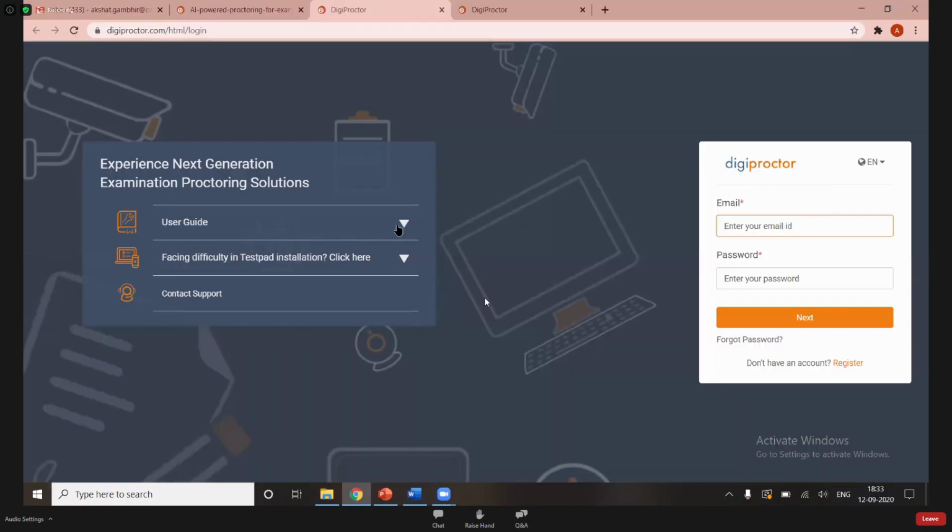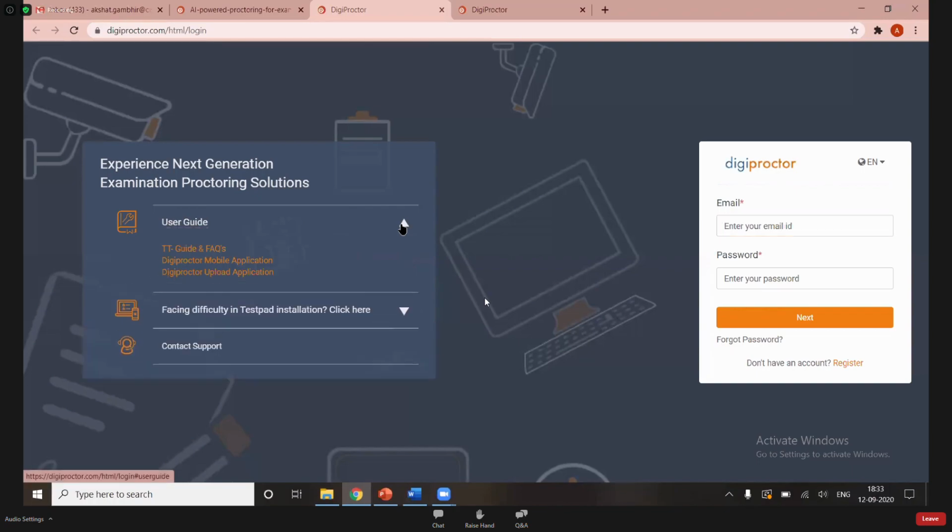Now, before getting into the system, we know you have used a lot of systems and applications, but we recommend you please go through the guides and FAQs available on the portal itself.